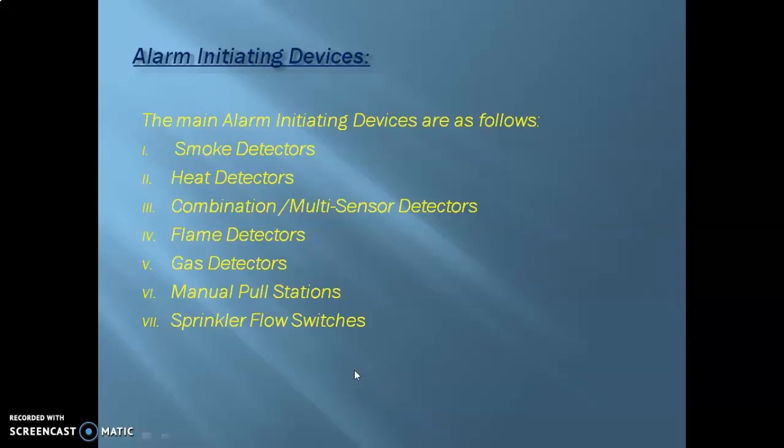First, we have the smoke detectors, then the heat detectors, and thirdly, the combination multi-sensor detectors. Then we have the flame detectors, the gas detectors, the manual pull stations, and finally, the sprinkler flow switches. Moving on, we will be discussing each of these alarm initiating devices in a bit of detail.